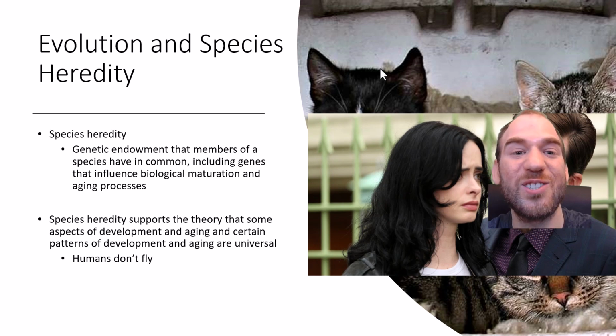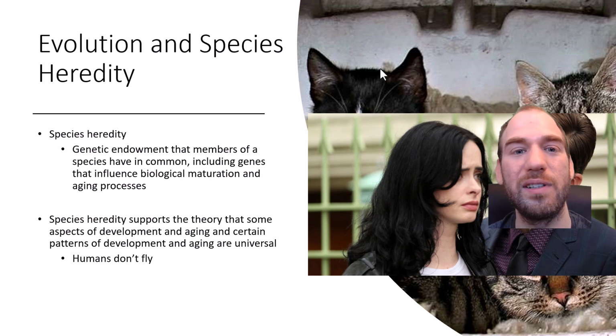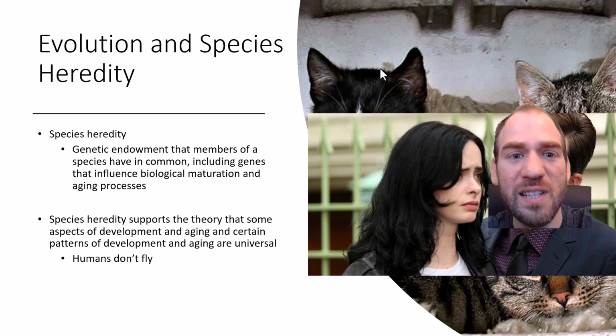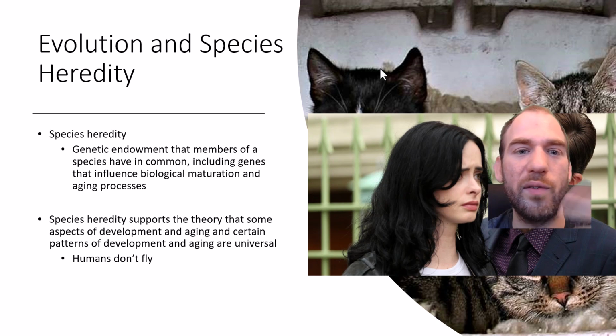And there are constraints on human development. So we're not magically going to start flying. Some of us are not going to magically turn invisible and develop superpowers. So what this is telling us is that there are specific biological constraints that confine specific potential developmental outcomes across the lifespan. So although there is variability at a cultural level or an individual level, we are still all humans. Very wonderful, very beautiful.